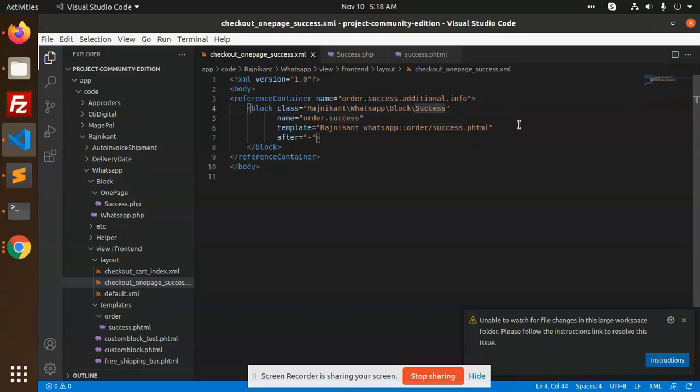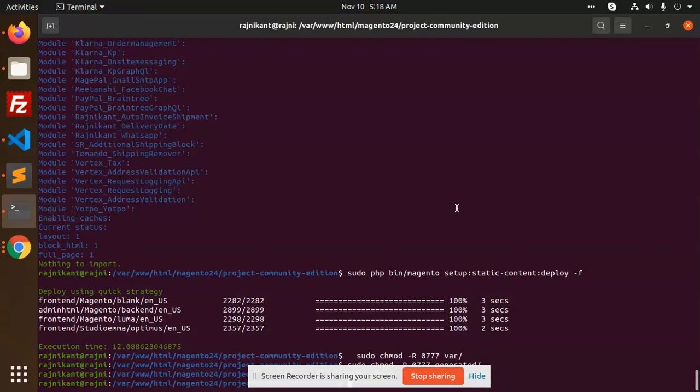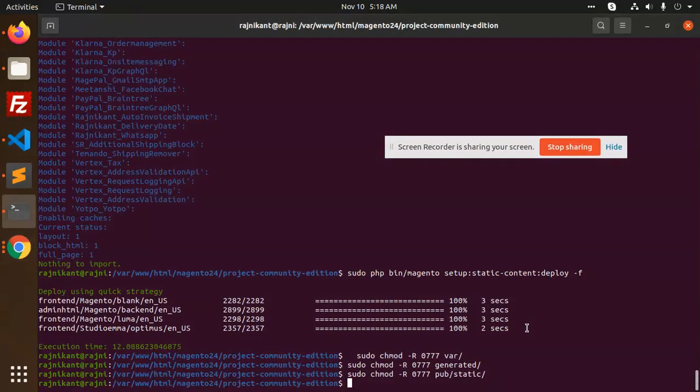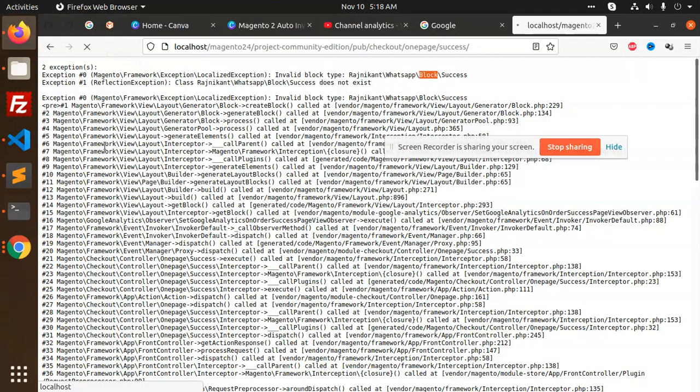So here I think it should come checkout/onepage/success, because in the success page it is block onepage success. Okay, let me flush the cache. This is flushed. Check.